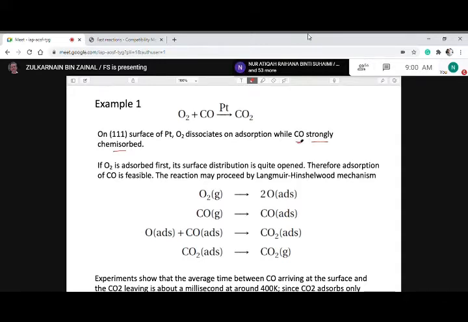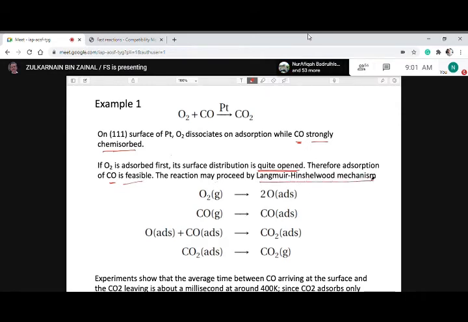Another one is carbon monoxide. Carbon monoxide is also absorbed on the surface, very strongly, through chemisorption. Okay. So if oxygen is absorbed first, its surface distribution is quite open, and therefore absorption of carbon monoxide is feasible, right? So oxygen can be absorbed first, and then we have space for the carbon monoxide to absorb. So the reaction may proceed by